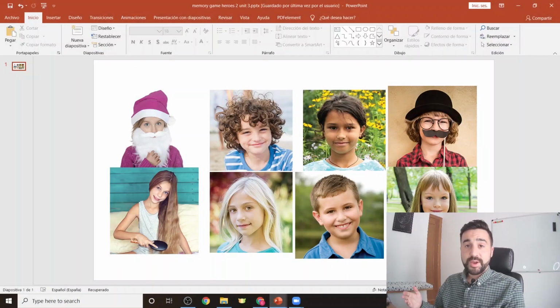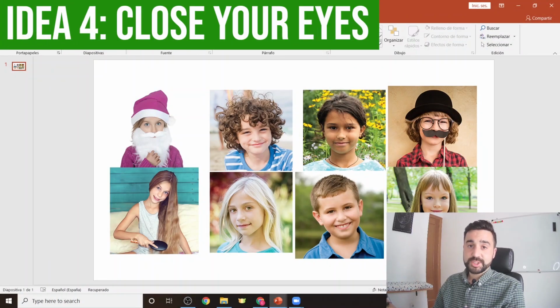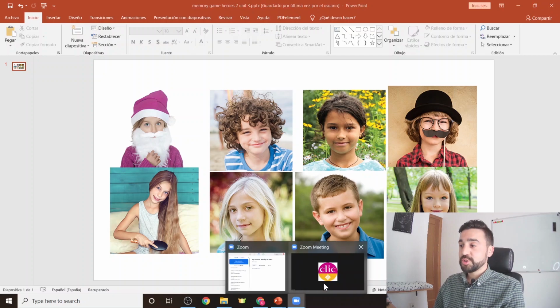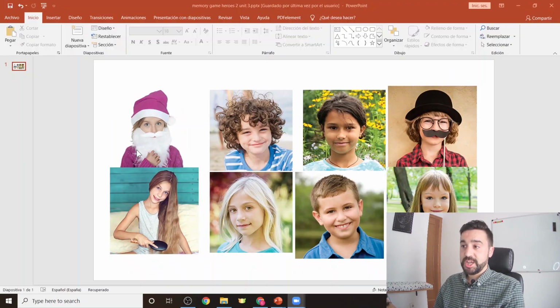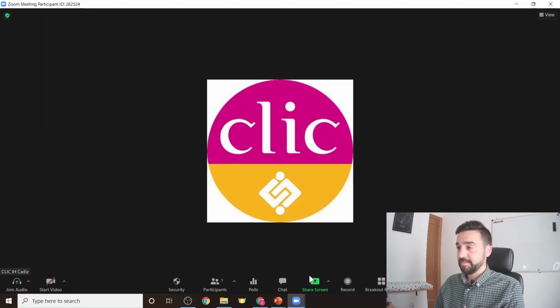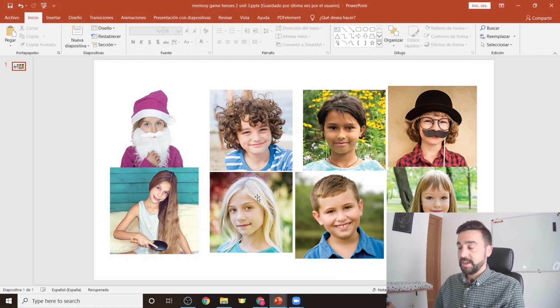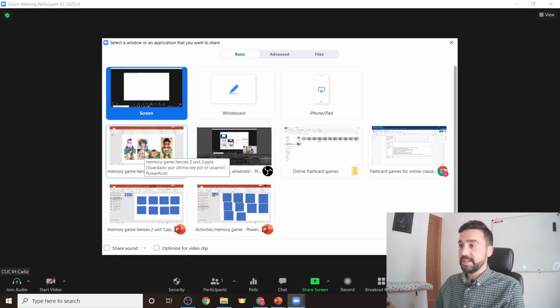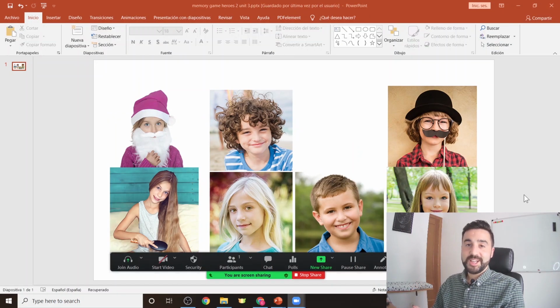Game number 4 is a game that I call Close Your Eyes. The way this works is that we've now revealed all 8 flashcards to the students, and what we're going to do is take one away, so the students don't see the teacher take away the flashcard. When you're on the Zoom call, you first share your screen, so the students can see all 8. And what I'm going to do is momentarily stop the share. Just press stop here. Go back to the cards and let's take away this one. Go back to the Zoom call. Share the screen again, and ask the students to guess which one is missing.